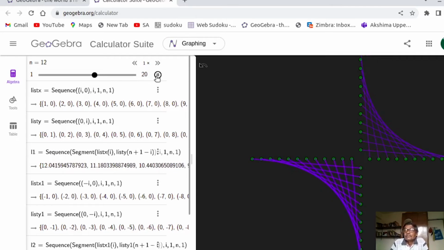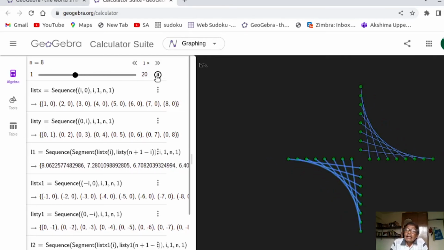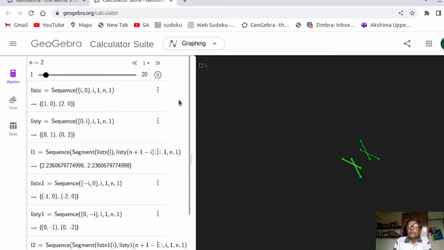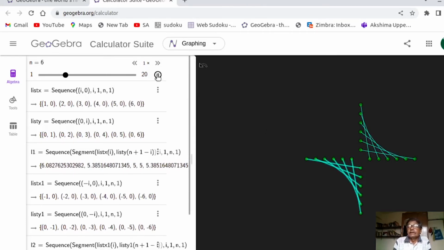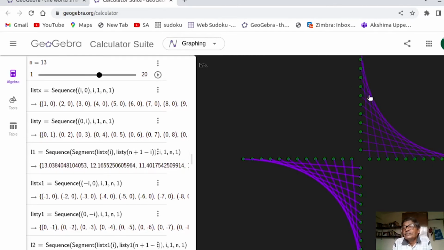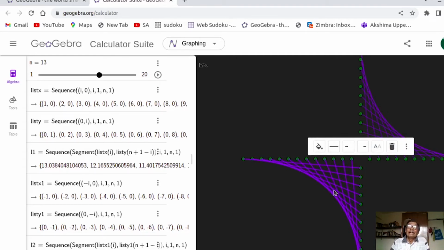It looks like a butterfly sort of thing. But the interesting thing I want to point out: when the number of points you have taken on the x and y axis is very large, for example 15 above, this outer curve, the boundary of this whole pattern, approaches a parabola. Okay,